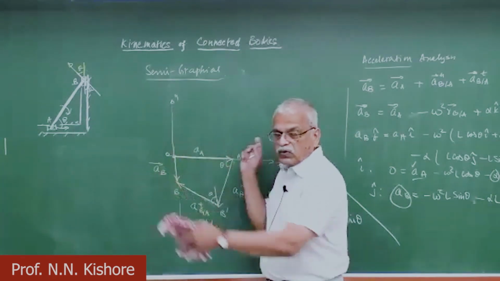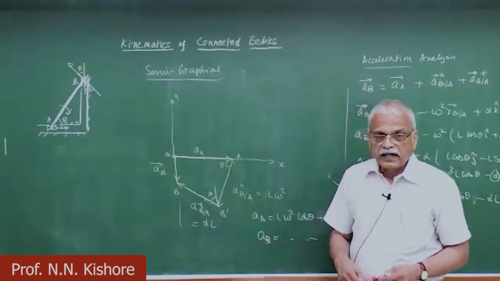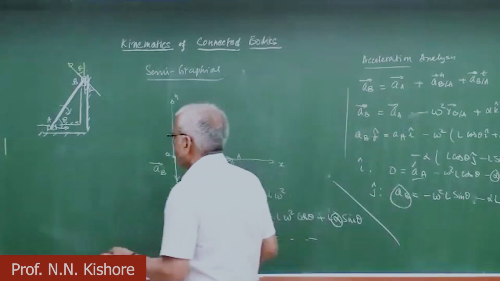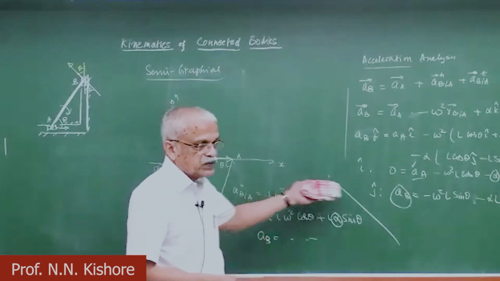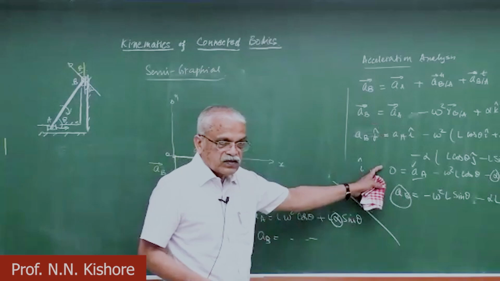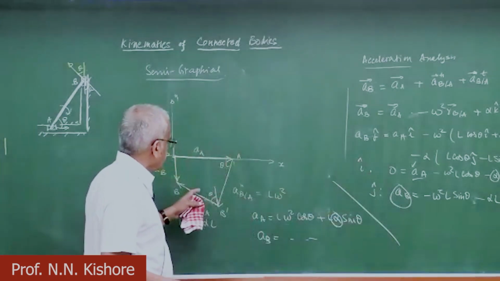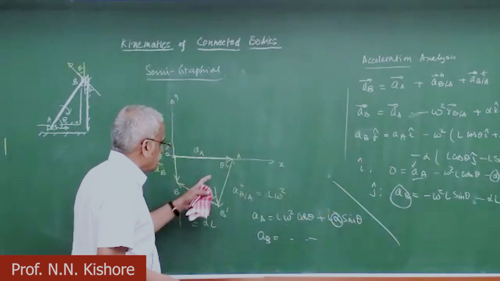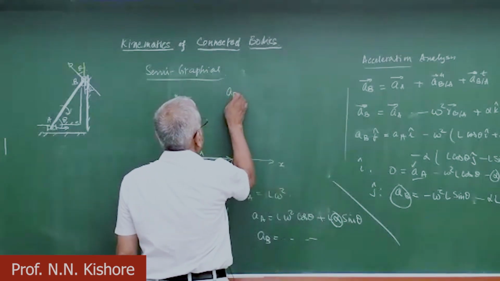When this becomes too big, sometimes it may not be possible to really make this graphical approach. Okay, but be conversant with both the methods. That means you should know how to split it into IJ and solve. That's number one. Number two is that you can write this equation